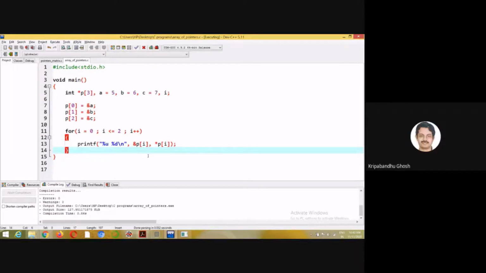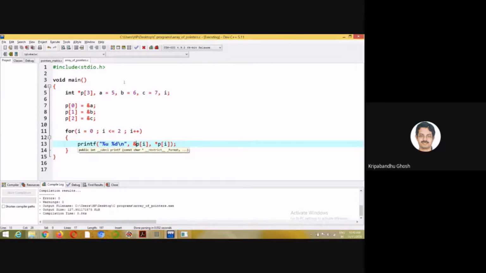Yes, very good. So it doesn't matter whether p is a pointer or not, because it is a variable at the end of the day, right? So it is a special kind of variable. Since it is a variable, some memory will be there for the variable itself, that is a pointer. So pi is a variable, so there should be some memory allocation for it. So I'm printing the address of pi.